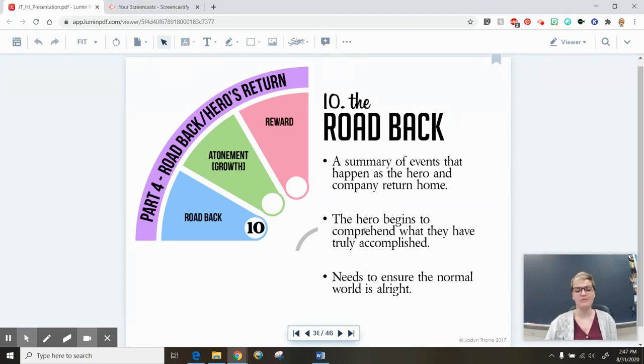The hero throughout this time starts to understand the enormity of what they've accomplished, and they need to get back home to make sure that everything is okay there. So think about Moana coming back to Motunui, when she's sailing back. I was going to say the Lion King, but his return home is actually before the battle. But it's usually a very quick return. It's not something that takes a very long time.